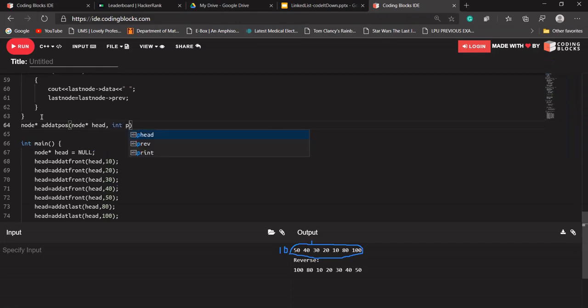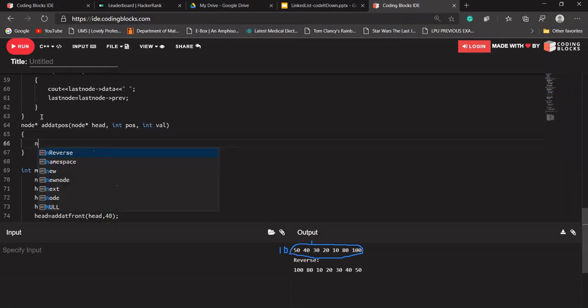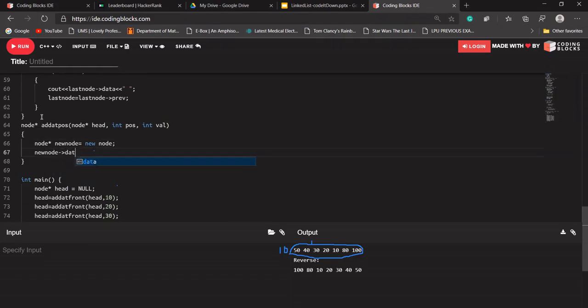It takes int position, int value, and the new data should be val. Okay, is that clear with everyone?